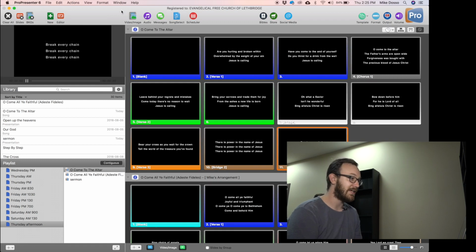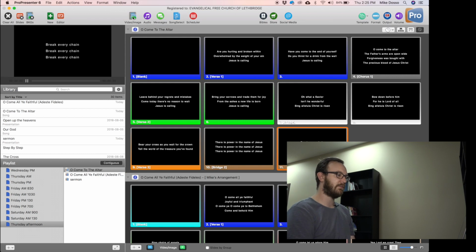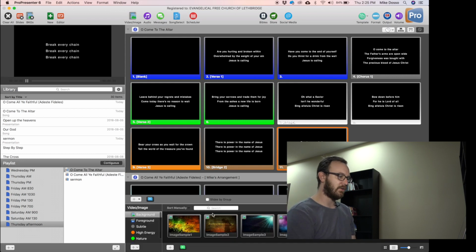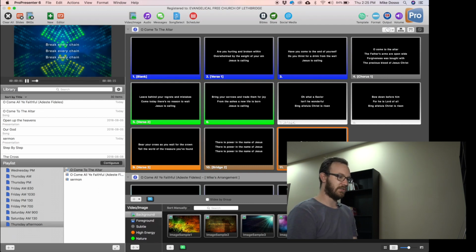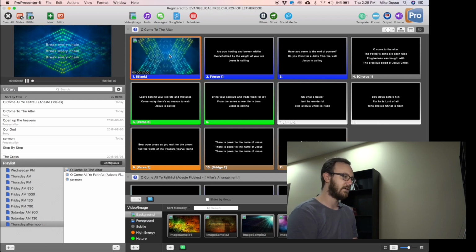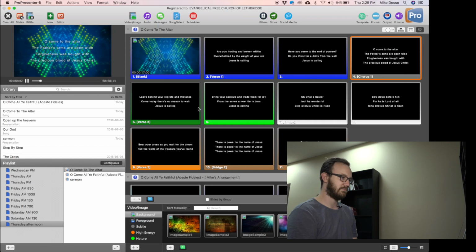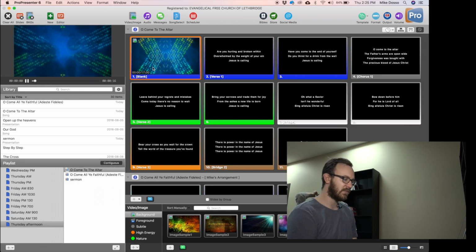To add backgrounds, go up to your video image button right there and click on that, and that'll open whatever you have built in. This machine doesn't really have much in here, but the other ones will have lots in them. So you can just click one, and then click and drag it onto a blank slide, and then it'll stay on there